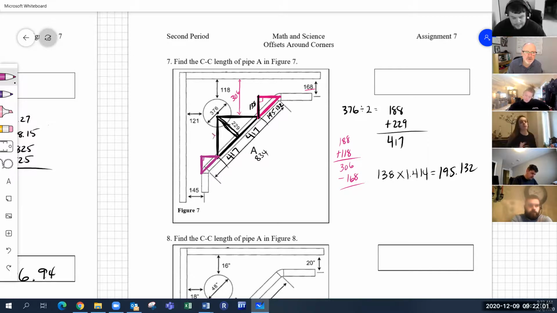We get the measurement from the black line to the wall, which is 188 plus 121, so this line is 309. And I will then minus off the 145 to get me this line right here is 164. So then I go 164 times 1.414